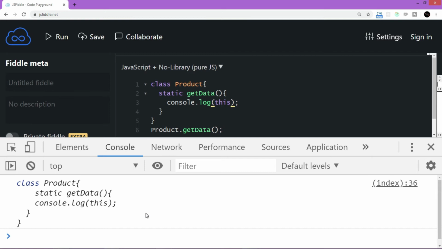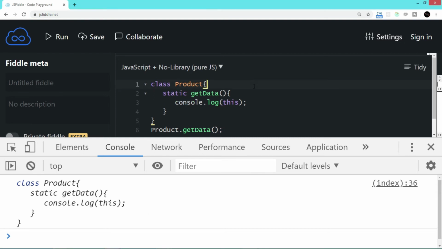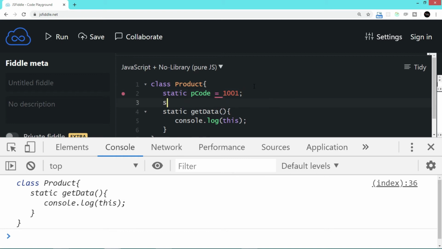Let's try both properties and methods as static members in the same class. So here I'll say static pcode is equal to 1001. Static pname is equal to, let's say, Apple. Now in the getData, I will say product.pcode and product.pname.